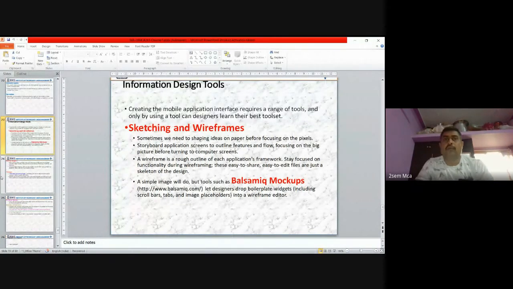First you will sketch that, and from there, how the screen should move from one screen to another screen, how you are going to move. That is storyboarding: application screens to outline the features and flow, focusing on the big picture before turning to computer screens. Yes, you have to prepare a storyboard for that. What is this storyboard? I will put up a board and a sheet of paper sketch will be there. Then from one sketch to another sketch, how I can move, how I can tell a story, making use of those sheets. Then how can I explain my information hierarchically, using a parent